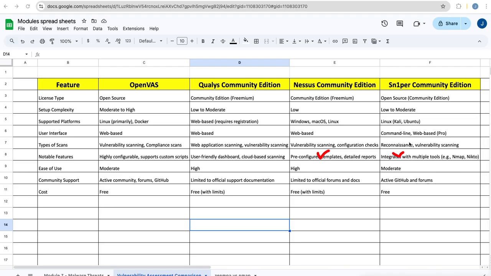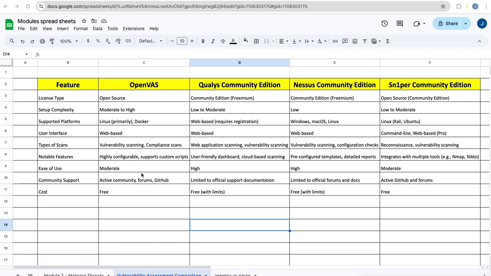The only thing I don't like about Sn1per is that it doesn't have much information about the team. If you are a consultant, it's totally fine, and if you're a small business, but if you're part of a medium-sized to a large-sized business, you have to deal with legal, you have to do vendor assessments and things like that. So I feel that Sn1per could have done a much better job making that information public,